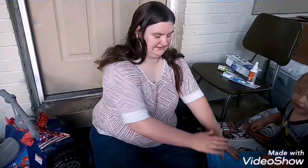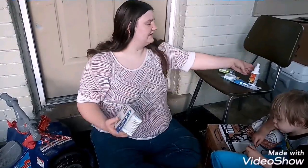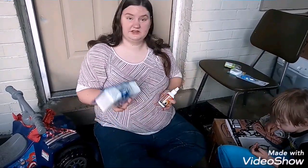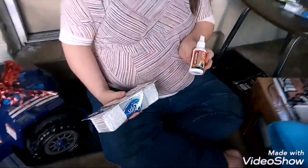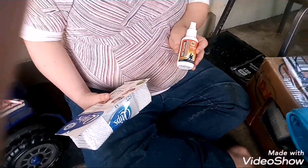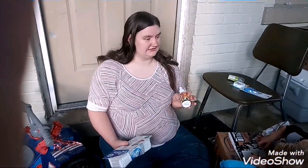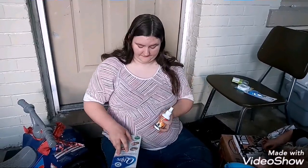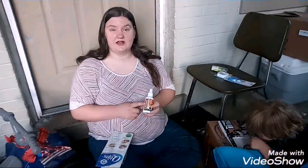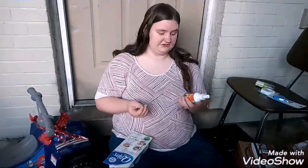It's not always a necessity to have, it's just nice to have around. Next we have some Q-tips, and then of course betadine. I would prefer iodine if I had it, but unfortunately, same dilemma. Corona, COVID-19, out of stock, gambling if it's going to get here or not via shipping. But anyway, betadine works just as well as iodine, and basically all that this is used for,